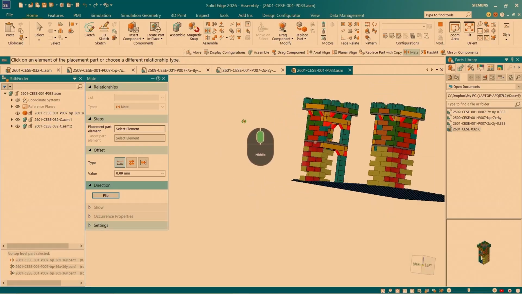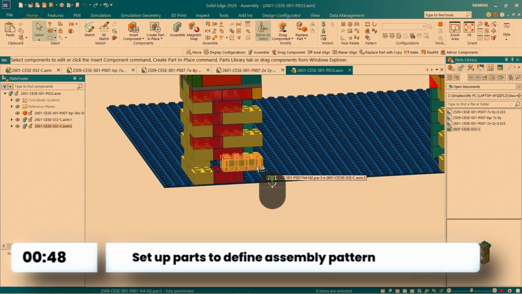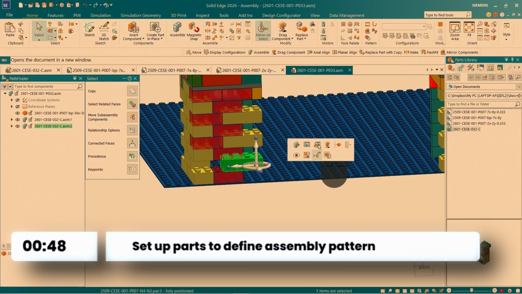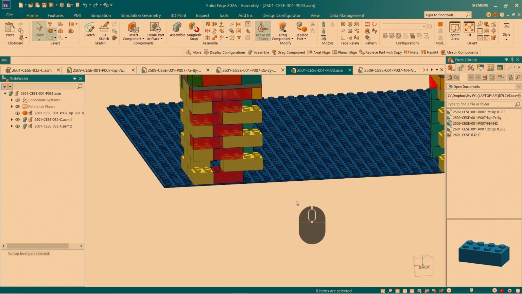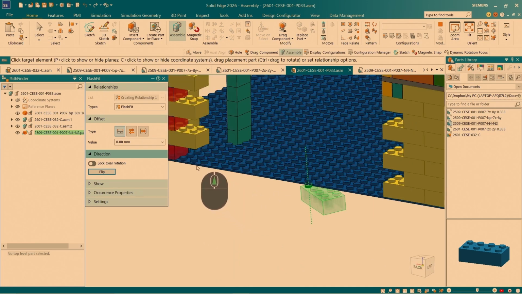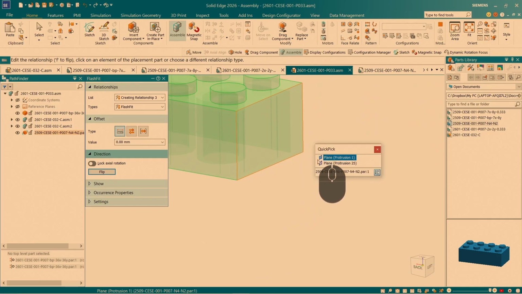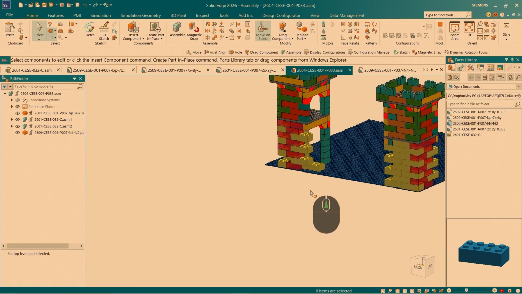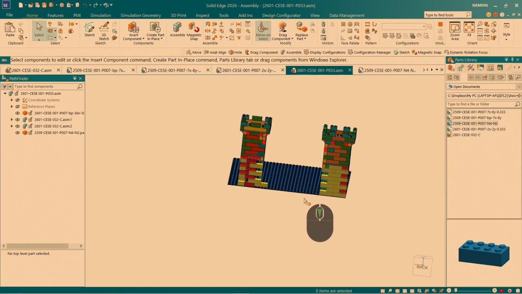Alright, so that's a good start. We've got our two towers there and we can begin filling in the gaps. So I'm going to click on one of these blocks and choose to open it. We can go back to our assembly, click within the parts library, hit F5 to refresh, and that block appears. So I'm just going to drag that into the assembly. We'll create assembly relationships between the pegs on this block and the pegs on the base plate. Okay, so that's fully constrained and placed, that block,